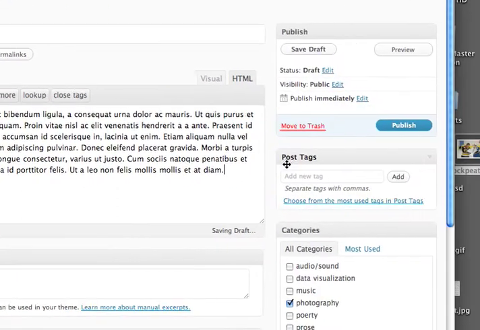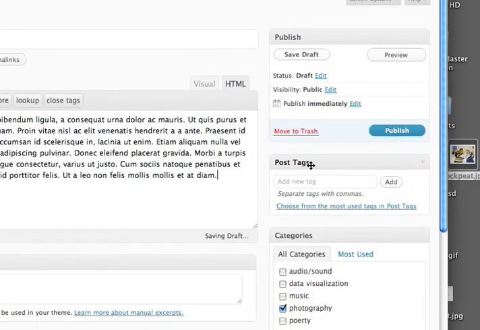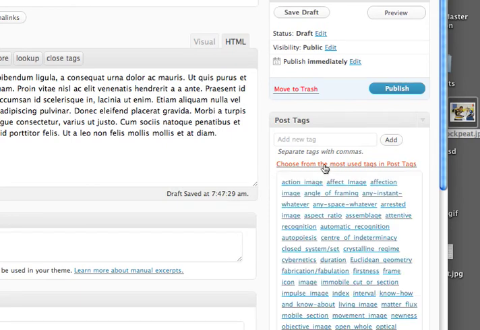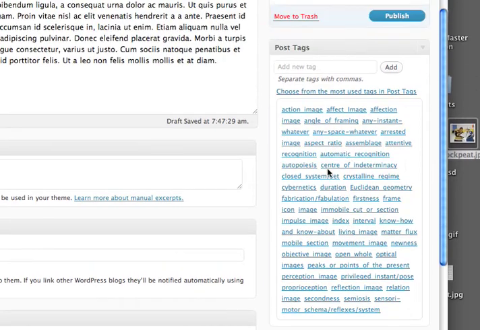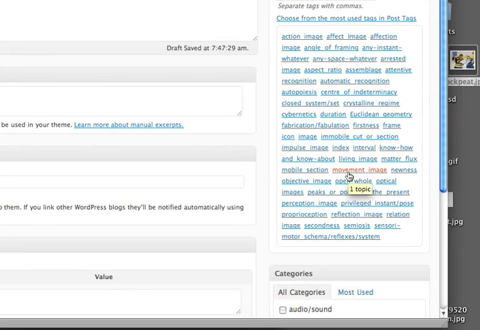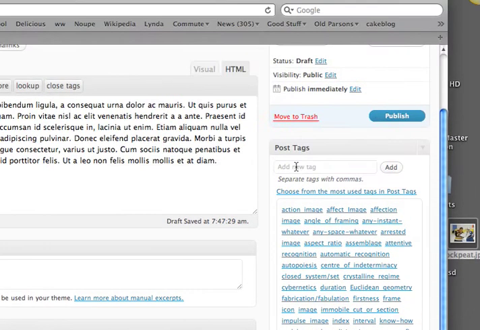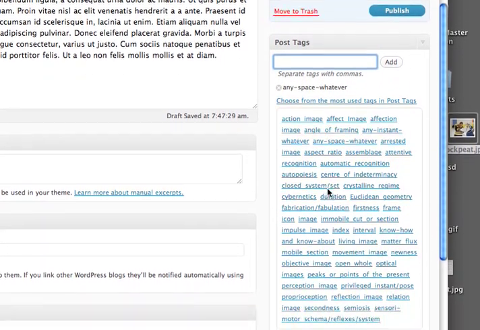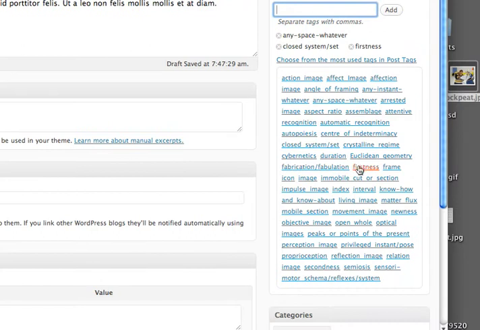So to do that, you're going to go over here to post tags and go to choose from the most used tags, and that will open up a pre-populated list of tags that are basically taken from the back of the Cinemetrics book. I tried to get everything, but if you've included something in your paragraph that isn't in this list, you can just add the tag yourself. But you should be able to go through here alphabetically and just pick the 5 things that you